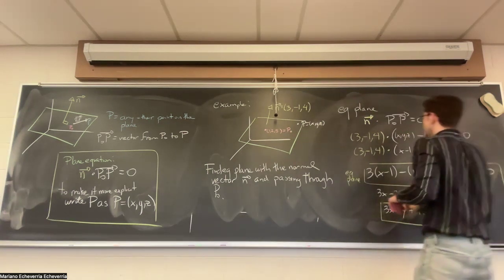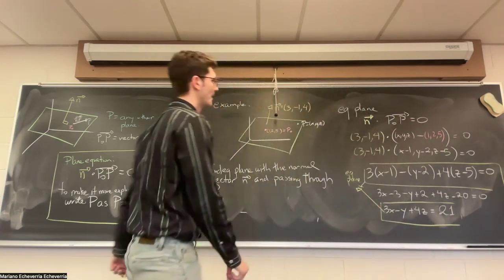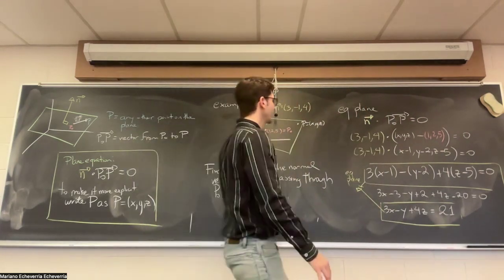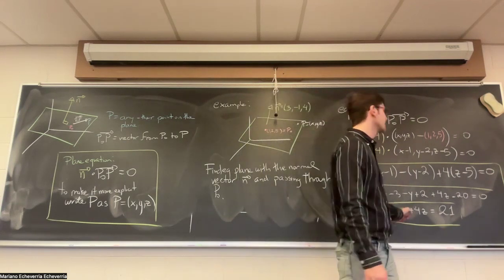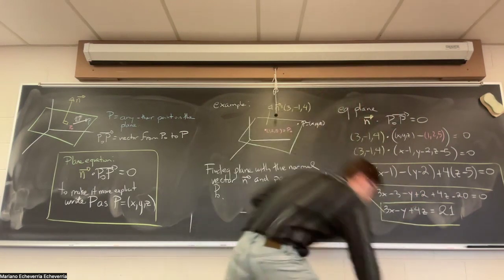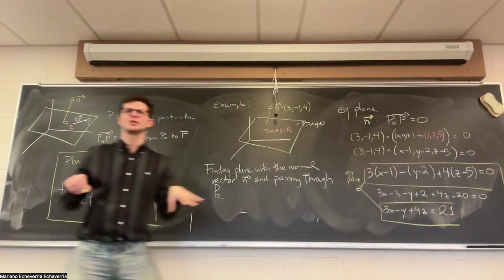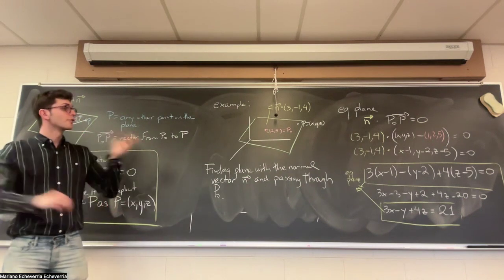Any of these two versions would be the equation of the plane. What this is saying is that the plane consists of all the points x, y, z with the property that 3x minus y plus 4z equals 21. Before I continue, is it making sense how I'm getting this information? So for example,